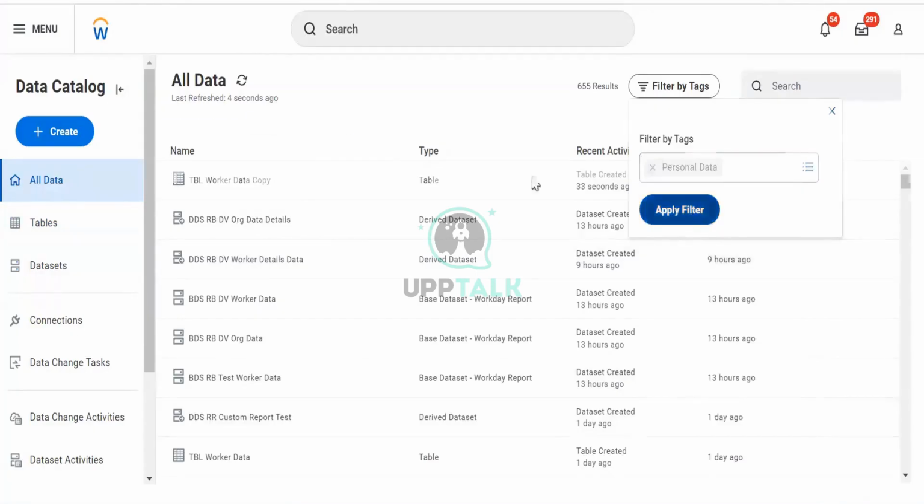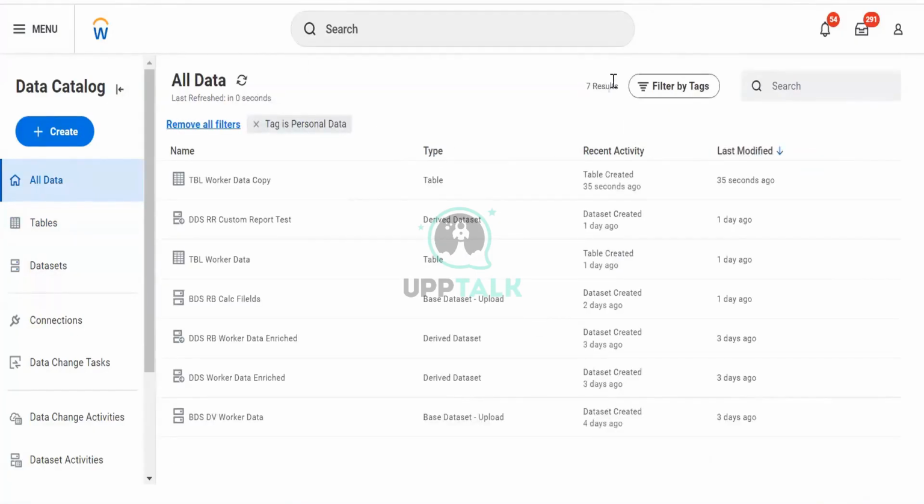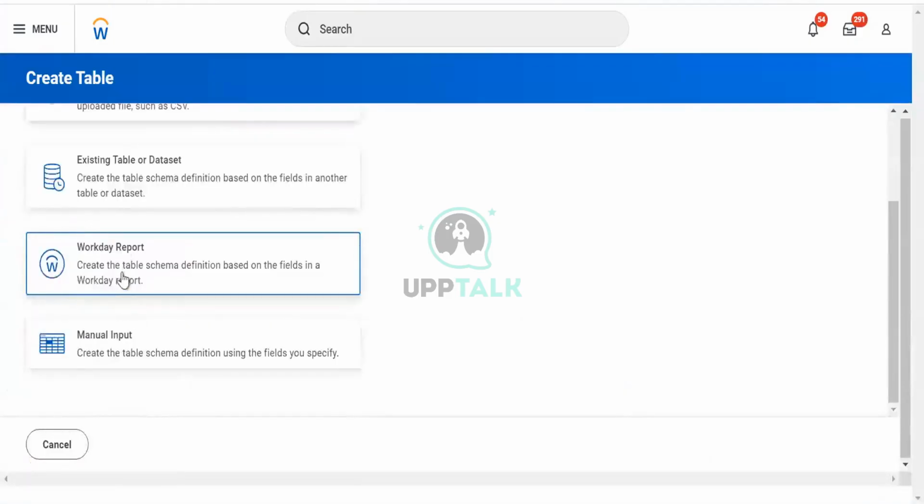Apply filter. As you can see, I am getting only 7 results. It works as a filter. Filter by tags: tagging is just categorizing, saying that this thing belongs to this group, this belongs to that one. Then here we choose Workday report